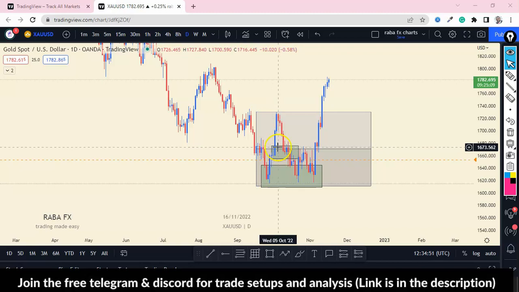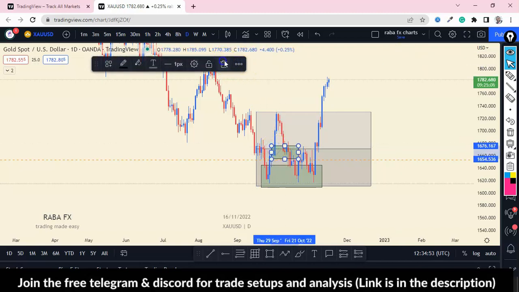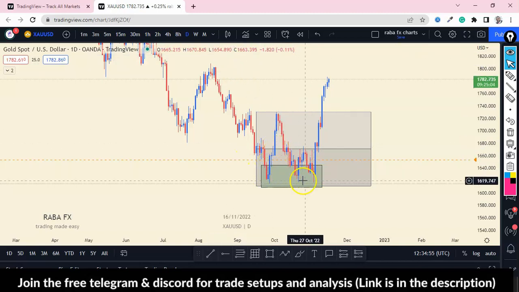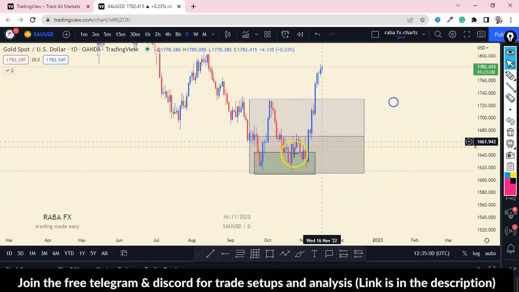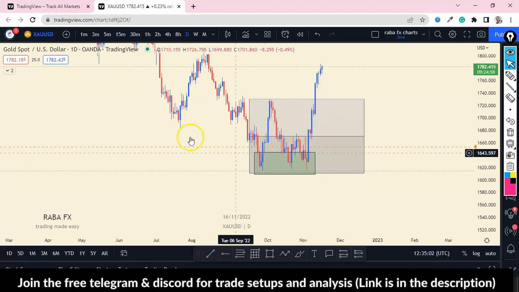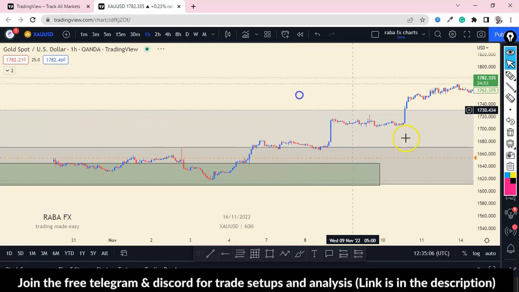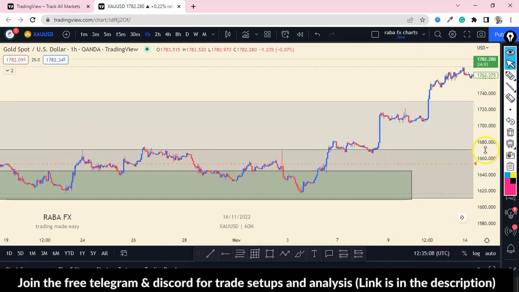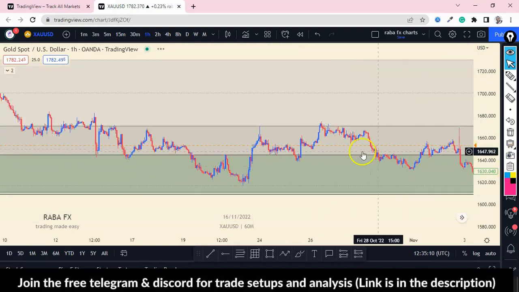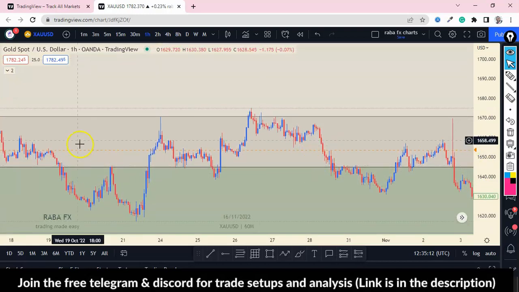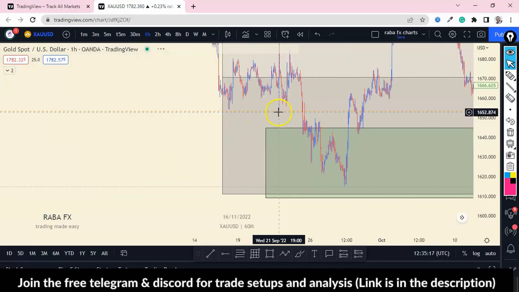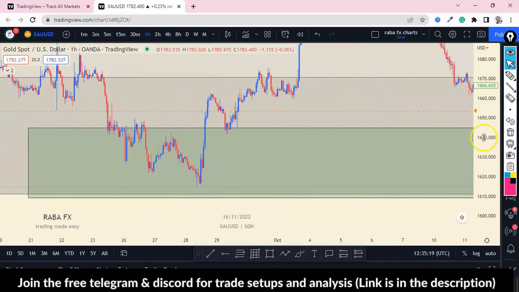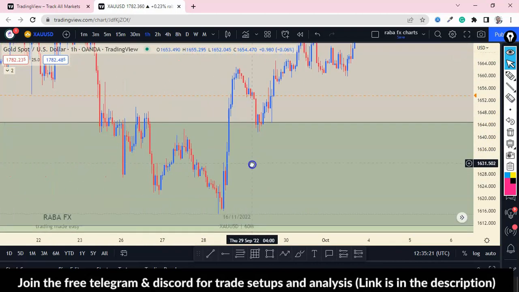But as in this example, price didn't move from here. Instead, price came down to this level before moving. Now, in this case, you move to a lower time frame, like the 1 hour, for you to be sure that price will continue moving to the upside. So when price came in, this is 1 hour here. When price came in here,